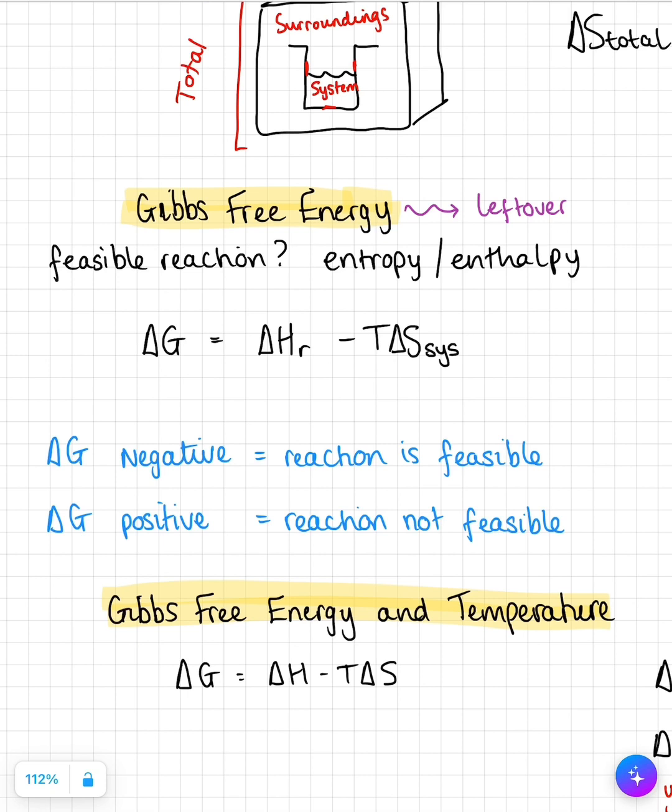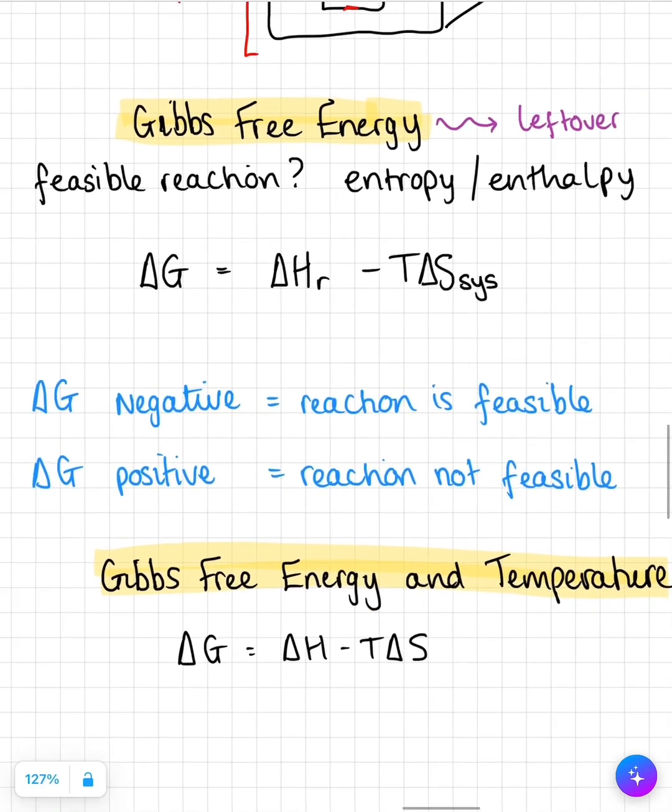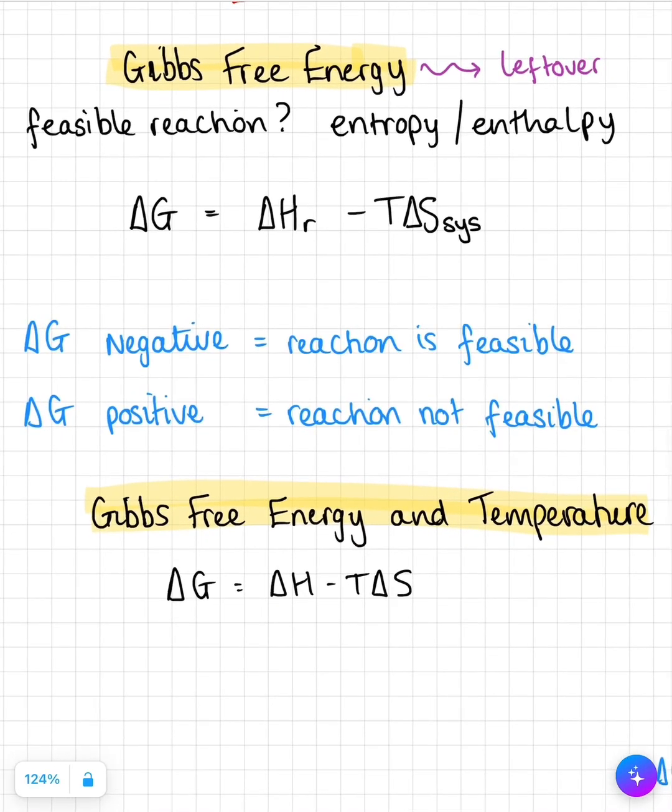So the enthalpy change is the difference between the energy you put in to break the chemical bonds and the energy when you make those bonds that's released. And the entropy change is the cost of carrying out the reaction itself, the system and the surroundings. Gibbs free energy is anything left over. Now the Gibbs equation is as follows. So the change in Gibbs energy, delta G, the units, kilojoules per mole,